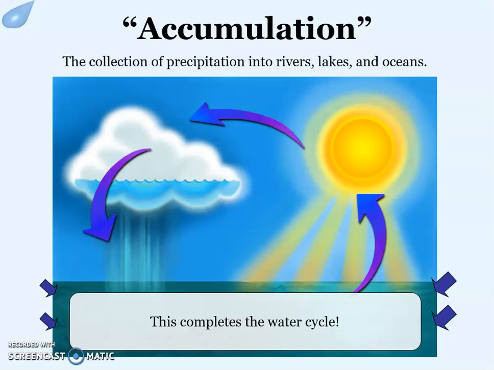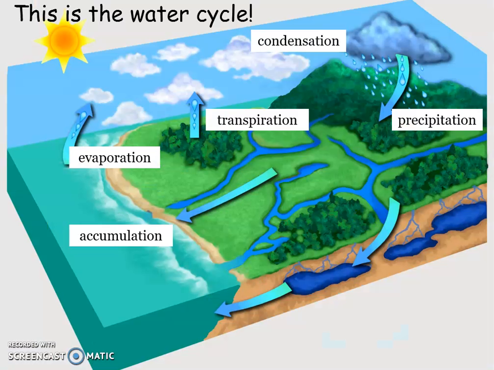And of course, your plants have absorbed the water from the soil and they can engage in transpiration. Accumulation occurring here of any water that comes down from the sky through precipitation. Then we have the solar energy heating that water and it evaporating into water vapor and then condensing into clouds. Once they're so heavy, the gravity pulls them down in the form of precipitation. And in between, we have transpiration, which is plants sweating or evaporating water into the atmosphere. And folks, that concludes our discussion of the water